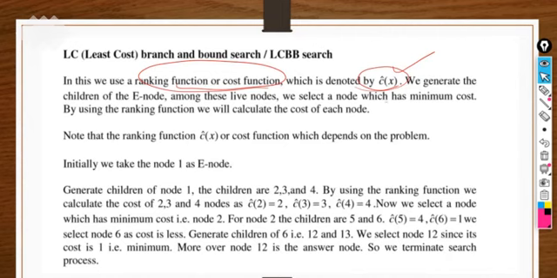So here the main purpose of branch and bound, actually the main function of branch and bound, is to find the minimization. I already told you it is also used for optimization problems, but only for the minimization case. We cannot use this particular technique, branch and bound, for maximization.